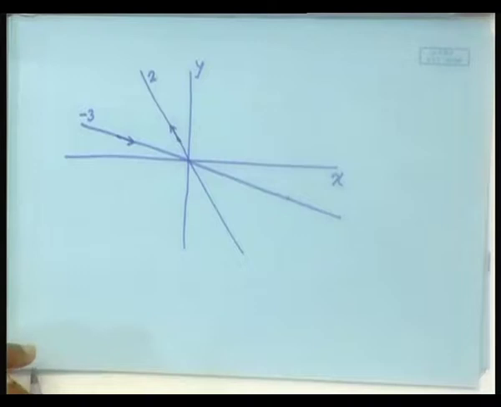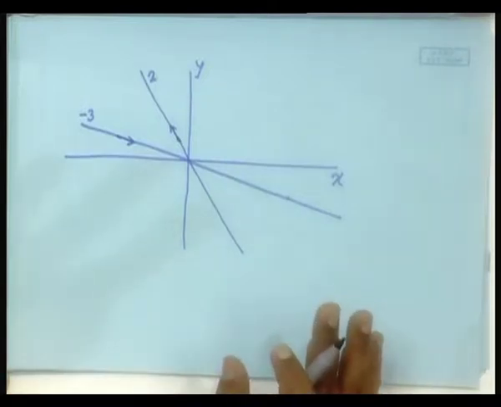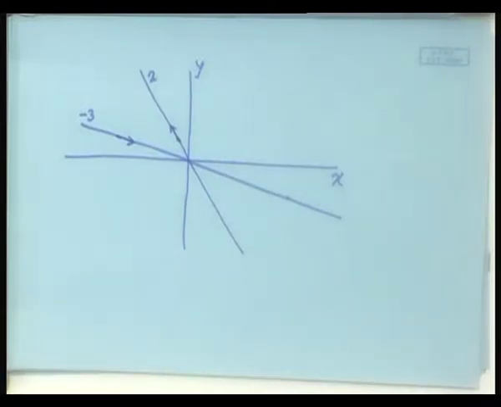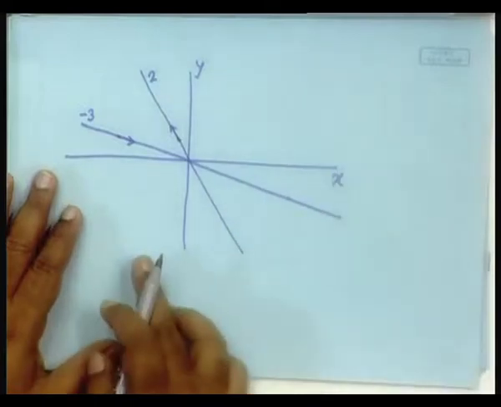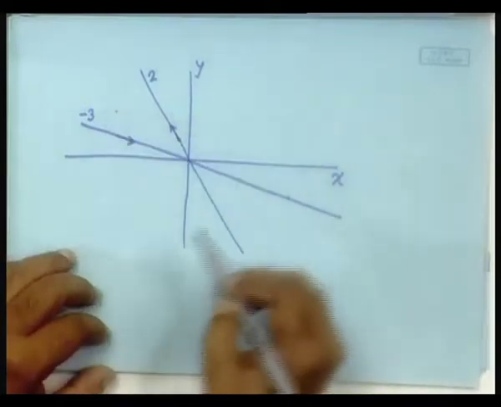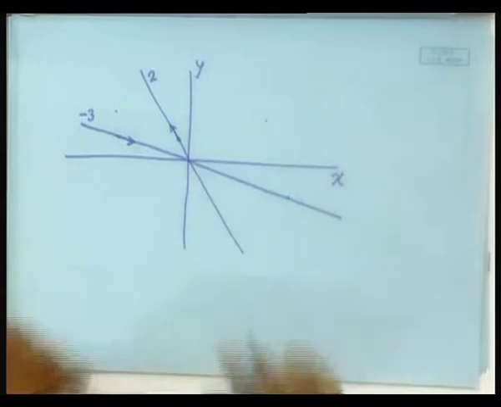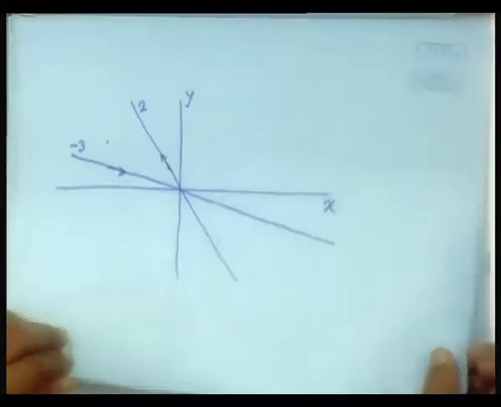Is that clear? In general, I will come to the cases where the other points are also to be marked. For example, if you start from this initial condition, I will come to that a little later. But let us understand the situation where both the eigen directions have negative eigenvalues, because this is a case where one eigenvalue was positive, another negative. Let us consider the situation with negative eigenvalues. Then